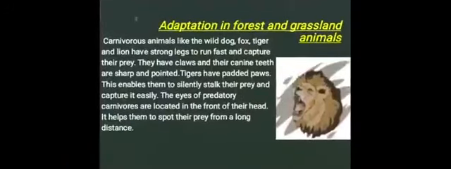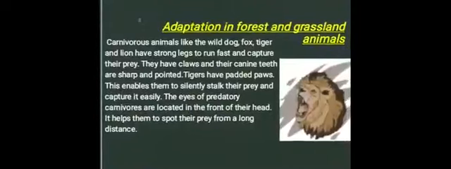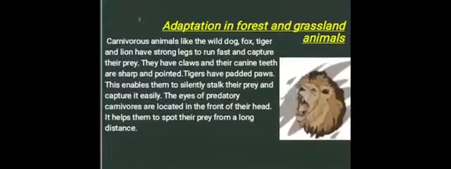Carnivorous animals have claws and their canine teeth are sharp and pointed. Tigers have padded paws. This enables them to silently stalk their prey and capture it easily. The eyes of predatory carnivores are located in front of their head. It helps them to spot their prey from a long distance,